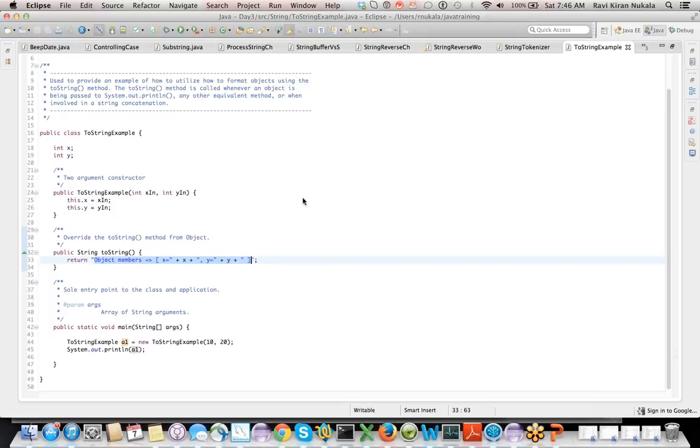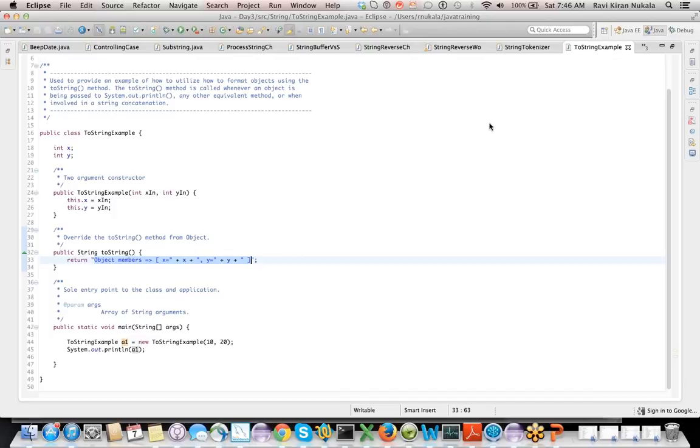The reason we do toString for all the classes that we write in the projects is because it helps in logging. It will show you what the values are when that object is executing. You can enable those debug logs and see. It helps you in identifying problems if there are any. It's a good practice to override toString in your class all the time.